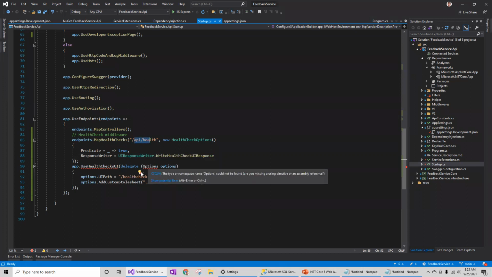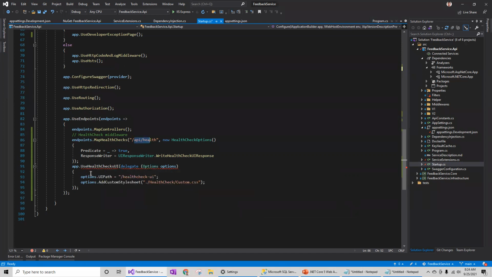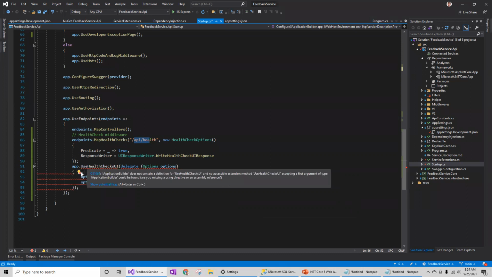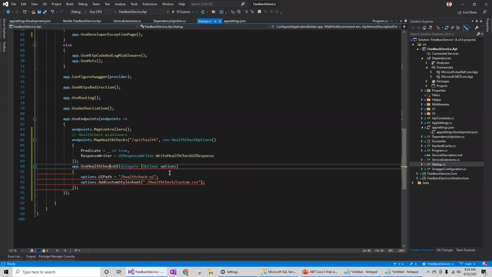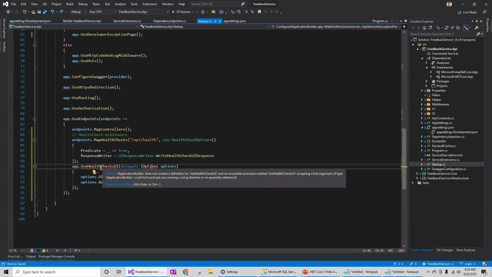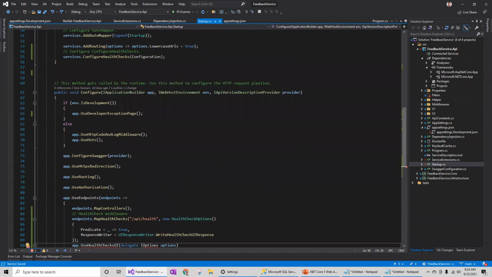In this endpoint, I also need this one. I think the options, what is the, so I need one more NuGet package for fixing this. So let me add all the required NuGet packages.